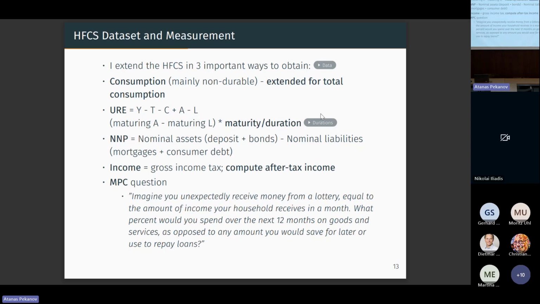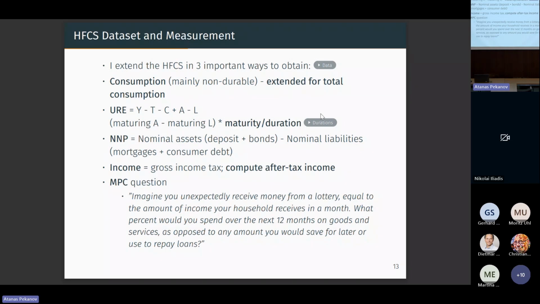So since 2017, the HFCS includes an MPC question asking households, imagine you unexpectedly receive money from a lottery equal to the amount of income your household receives in a month. What percent would you spend over the next 12 months on goods and services, as opposed to any amount you would save for later or use to repay loans? This is one. There are 3 approaches now in the macro literature of obtaining MPCs: natural experiments,